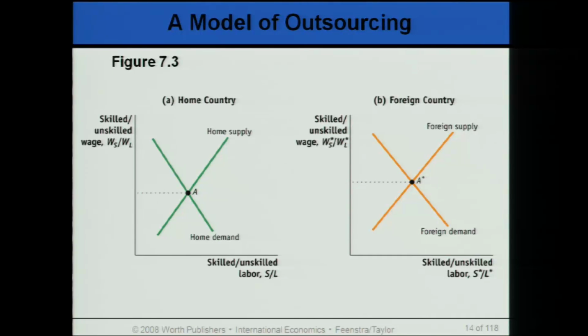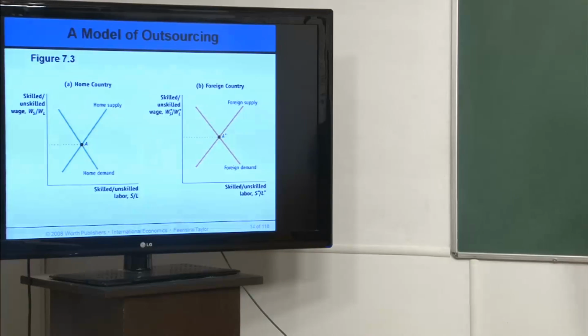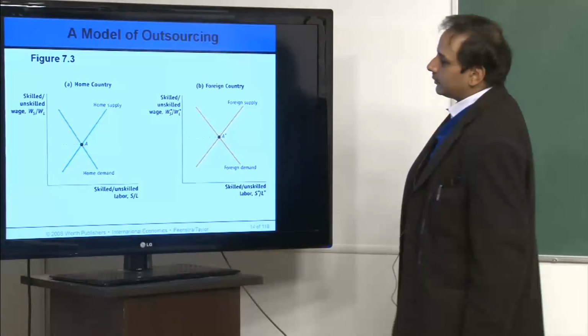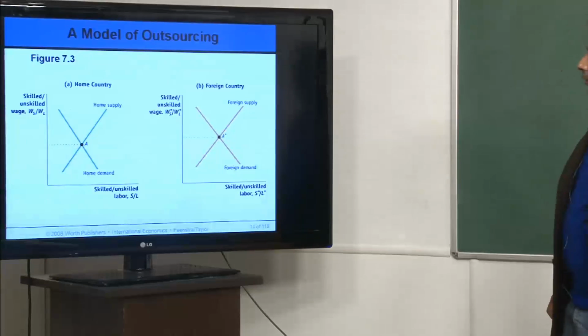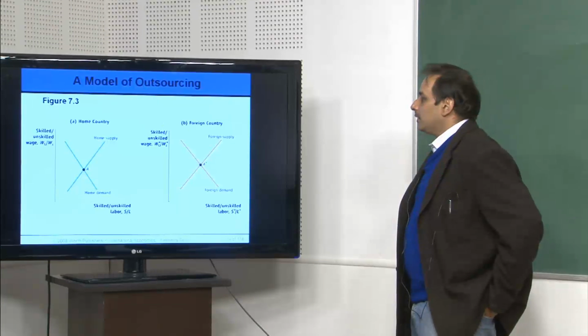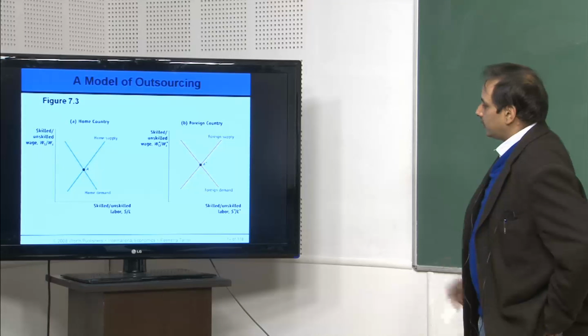Foreign country has lower wages as far as unskilled labor is concerned, and home country is skilled labor abundant. We will see how the wages are determined. So on the y axis you have skilled to unskilled wage, that is Ws by Wl. On the x axis you have